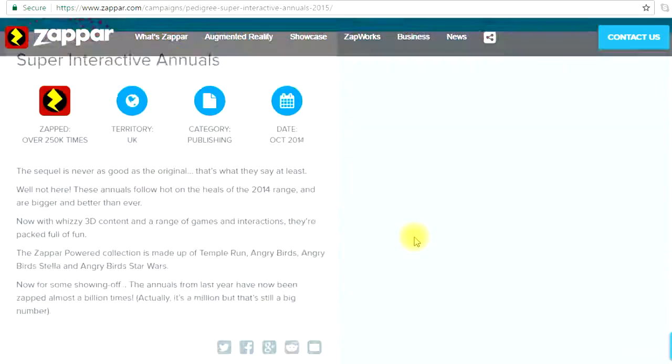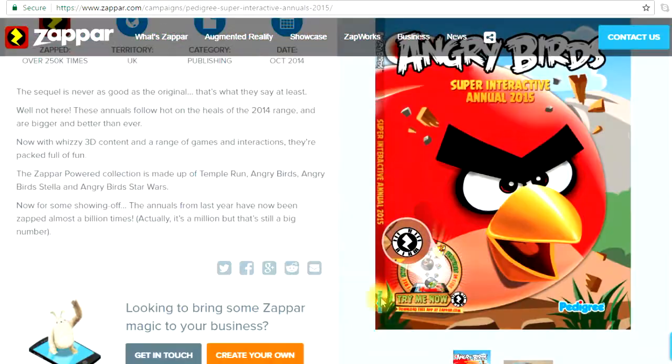So this page shows Angry Bird Showcase. This is a code that we need to scan. To scan this Zapcode, you need the Zapper app. So you have to go to your iTunes or Google Play and find Zapper with this icon and download the